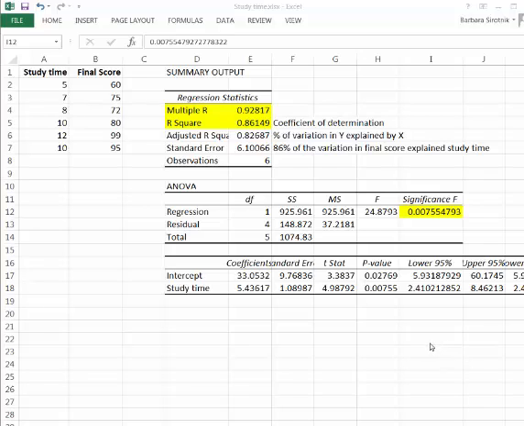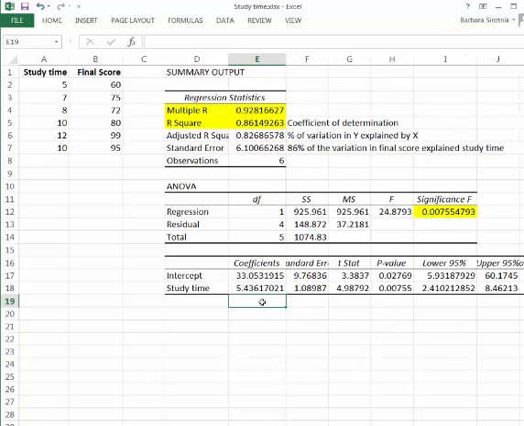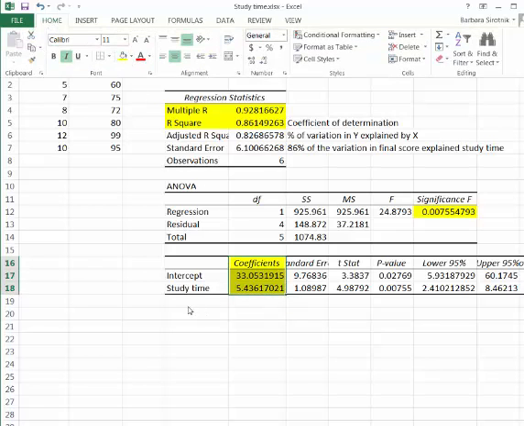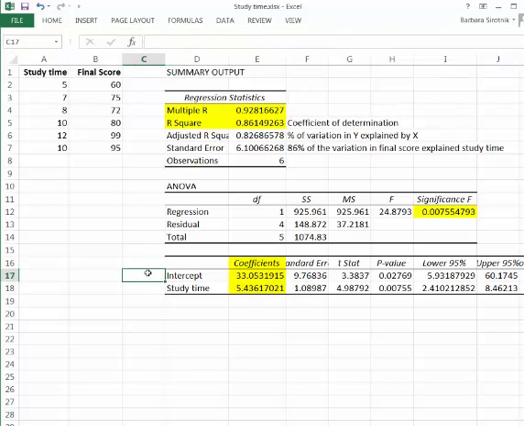So back here on the spreadsheet, yes, this tells us that the overall model is good, and that's wonderful. What else is important for us on this printout? Well, something that's important is this area right here in the E column labeled coefficients. Remember that equation that I talked about with the B0 and the B1 a few moments ago? Well, the B0 is in this row. It's the 33.05. The B1, the slope, is in this row, the 5.436. And what that means is our equation is